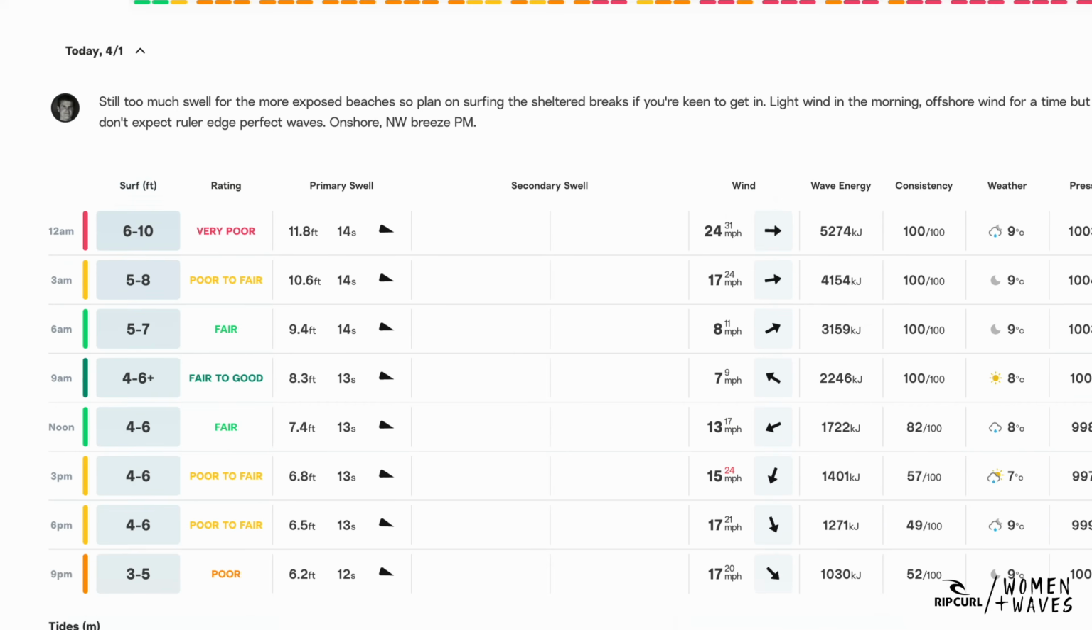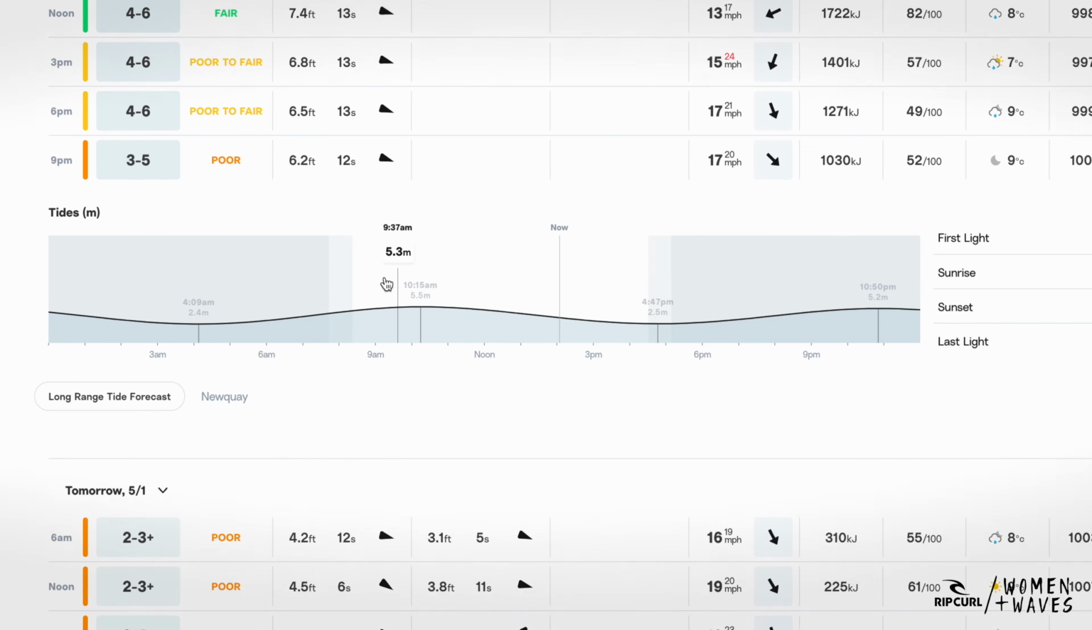The last thing for you to take into account here is the tide, and all you need to do is just know at what stage of the tide your break works at. You can find this out by going and surfing at various stages of the tide or by reading books or reading up online. So we really hope you found all this information useful,